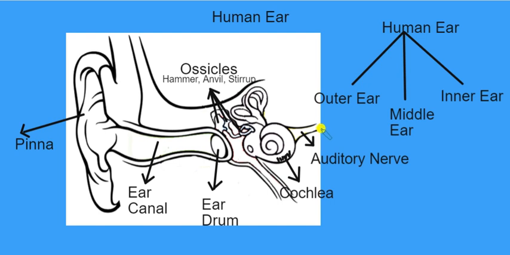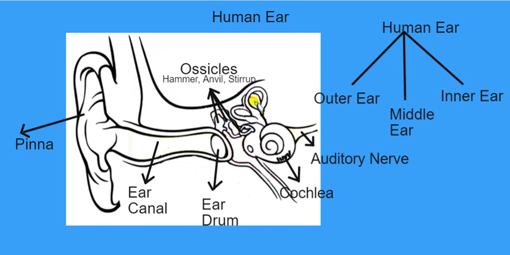Brain is basically the decoder of the human body, and it has the ability to interpret nerve signals. In this way, all the parts of the human ear are connected to each other and they convert sound waves into sound vibrations, then sound vibrations into nerve signals and convey nerve signals to human brain. I hope you are clear with the parts of the human ear which help us to hear.